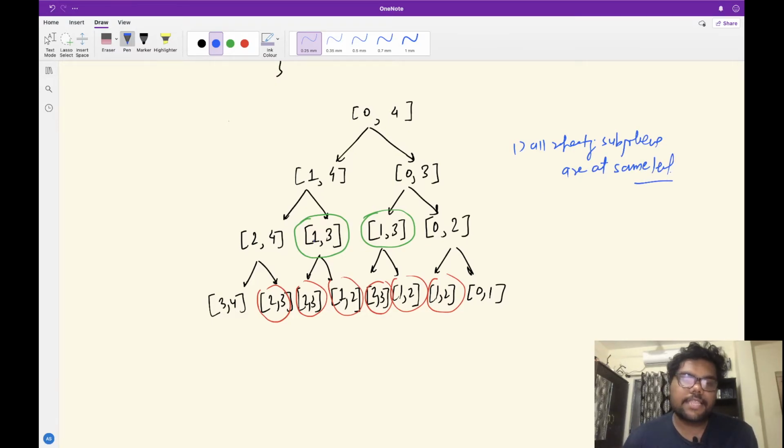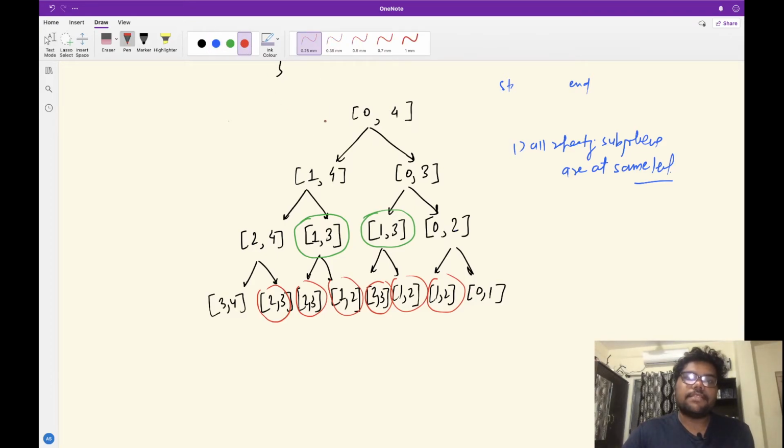right? You can see that 1 comma 3 and 1 comma 3 are both at the same level, and this will be very obvious because we have only two choices, right? Either we can choose the wine from the start or from the end. The same state will always be on the same level of the tree. And what does every level of the tree signify? That signifies the year.